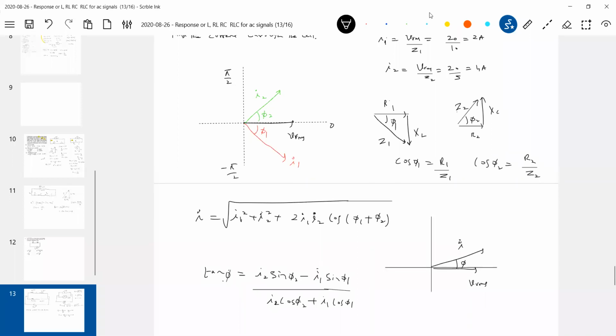I just took along the x-axis, I'll add the components. Along the y-axis, I should take the difference. So there should be the tan phi. Or else use the vector algebra formula for addition of two vectors, the angle made by the resultant with any one. It will be a little bit lengthier. This will be easier because you know I2, all this. You'll get the tan phi. So now what is the conclusion? Parallel circuit, vector sum of currents. Series circuit, vector sum of voltages.